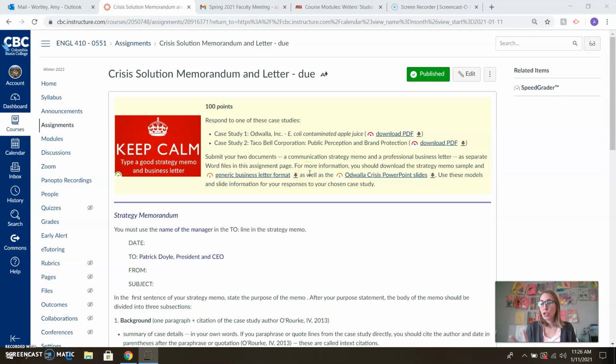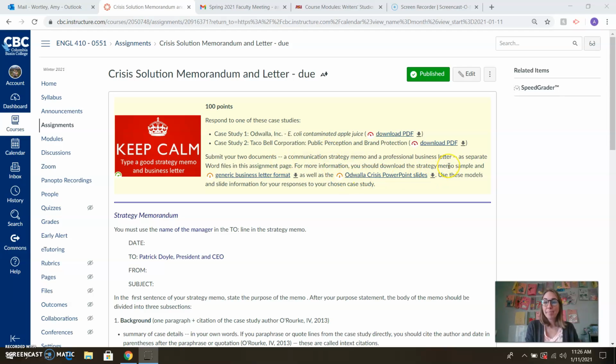You're going to be submitting these as two separate files. So do make sure that you're doing that, and they should be Word files. Just as a friendly reminder, of course you know, because this is a 400 level class, Canvas hates Pages files for whatever reason. They've got an ongoing feud. I don't know. Do not submit anything in Pages. I just won't be able to see it. Canvas just spits it back out again. So use a Word file here.